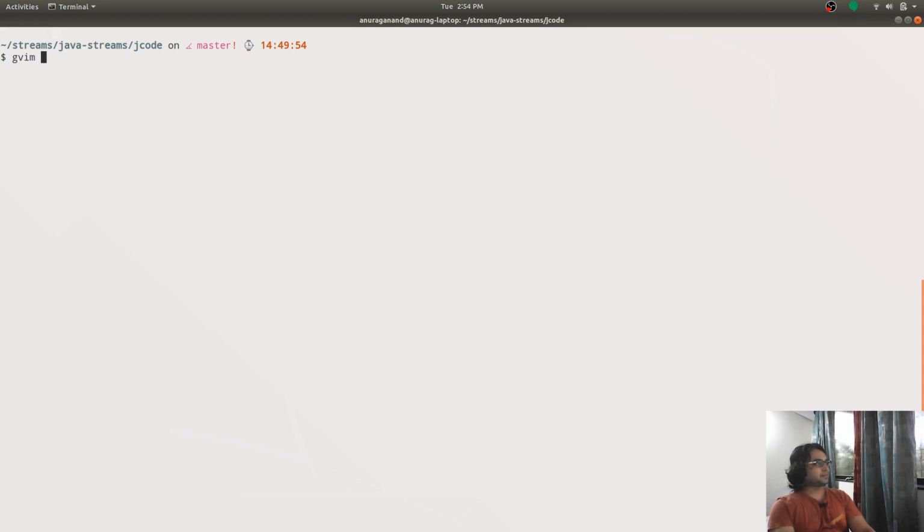I'll name it LockTest. I am going to move it to the concurrency folder.